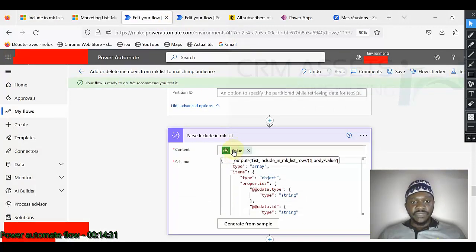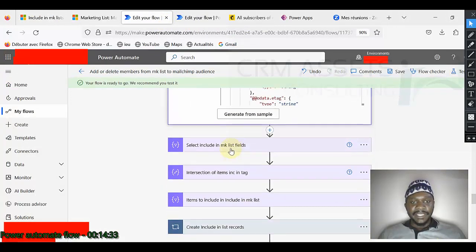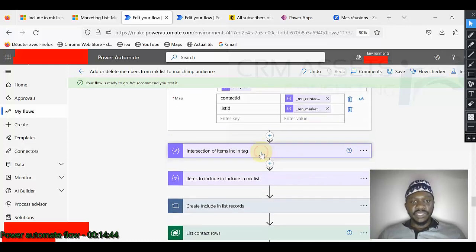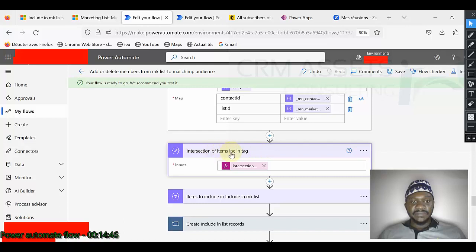So I pass it and I can select fields. I need to retrieve the content in order to avoid recording duplicate items. So intersection of items,